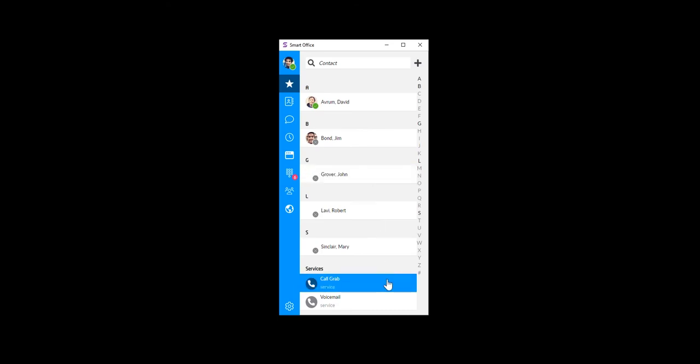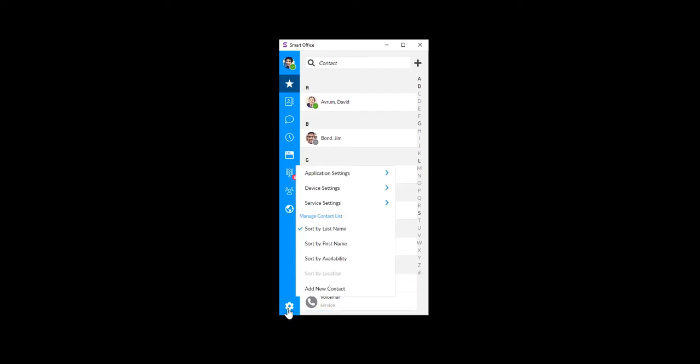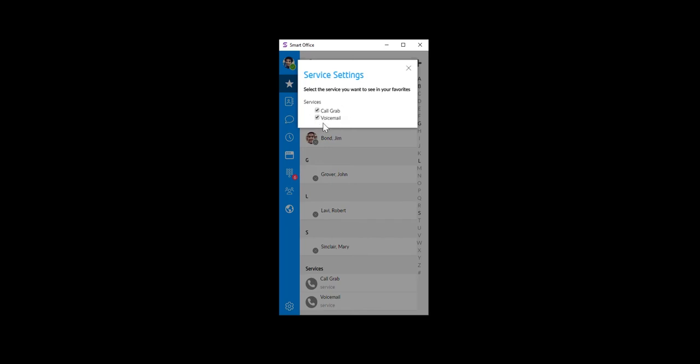Along the bottom of the favorites are your service settings. Depending upon what you're enabled for, you'll probably see voicemail to click to call that. It's a speed dial for calling voicemail, as well as Call Grabber, which is a feature that allows you to move an active call between your devices, from your SIP phone to this client to your mobile client, and back and forth. To enable additional settings, you click on Service Settings, and if they're enabled for you, they'll be here, and you can check whether or not they show in the services. If you don't want to show that, simply uncheck the box, and you can see how it changes at the